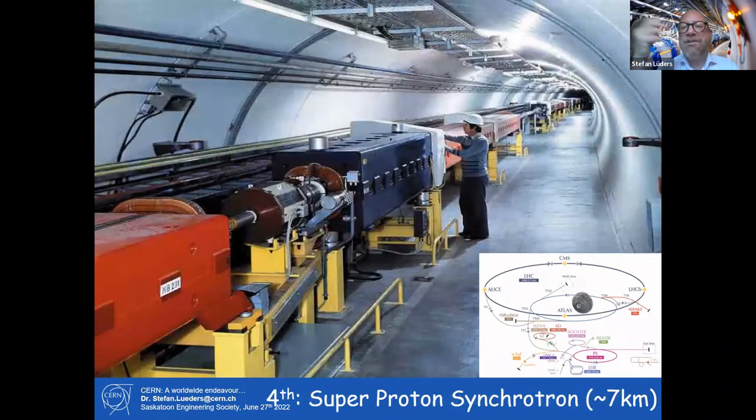The fourth gear is now already 70 meters long, and you can see again dipole magnets in red. And here's a special magnet in blue. It's called the quadrupole magnet, which consists out of 2 north poles and 2 south poles, which is used to squeeze down the proton beam again, because protons are nasty. Remember, we got 100 billion protons in a bunch. They're all positively charged. They don't like each other.